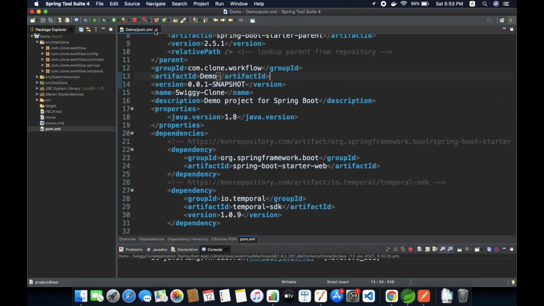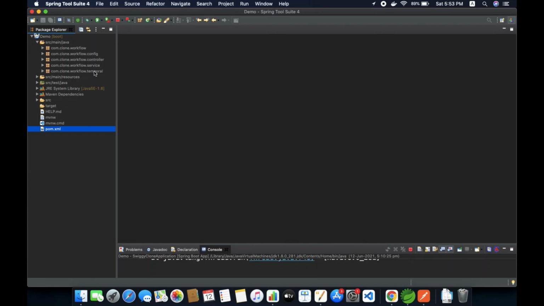Coming back to the main code flow, I have created a package called workflow.temporal, where you can see the 4 files required for Temporal. First is the workflow interface, then workflow IMPL, then activity and activity IMPL. Similarly, I have created a configuration file for Temporal. First, let's see what exactly we have in our configuration file.